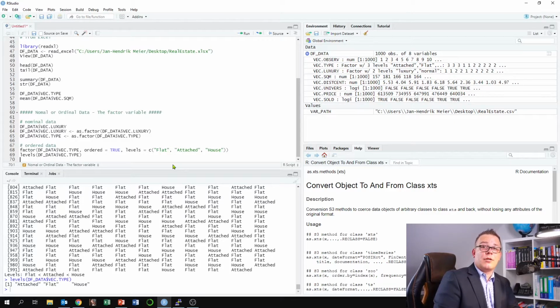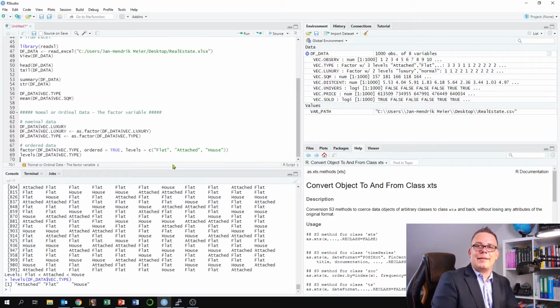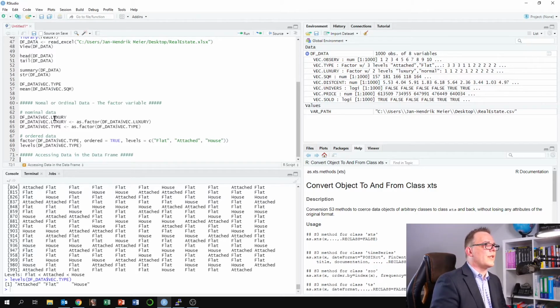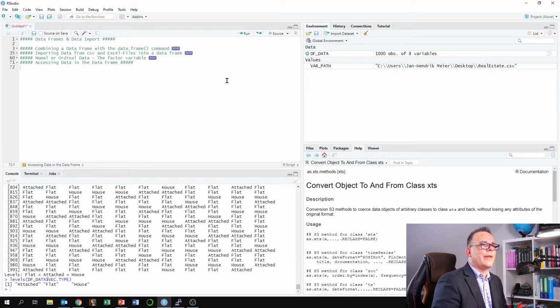Now we come to our last topic. I would like to apologize for the rather poor taste of the previous item. We want to do some data handling. So how can we access the data in this data frame? Let's give it another headline. And of course, let us clean up a little. No, we can't remove the data. We still need it. Okay, so